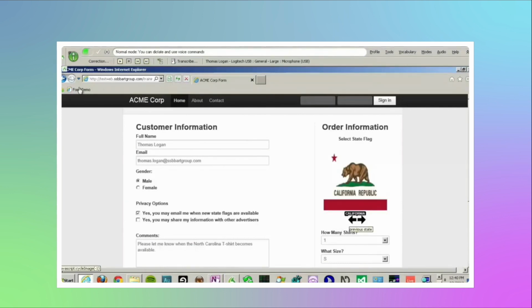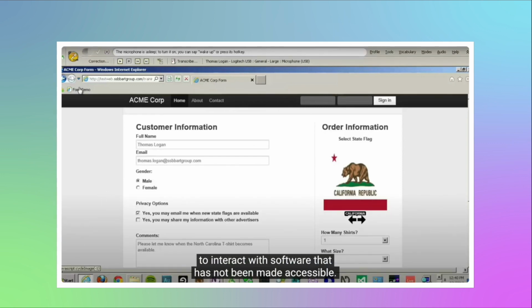Go to sleep. Now you can see from those three options, obviously the best option is having a nice name for the control on the screen, because then I can speak it using natural language. Additionally, using the keyboard commands is a nice way to be able to perform functions that don't have a logical speech command. Lastly, the mouse grid was just used to demonstrate to you all how people have to use this technology to interact with software that has not been made accessible. As you can see,